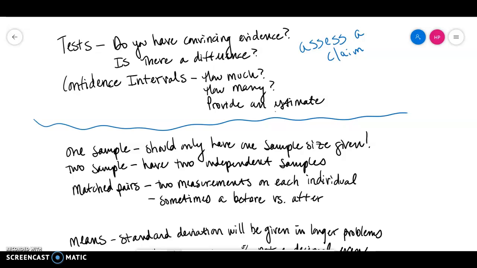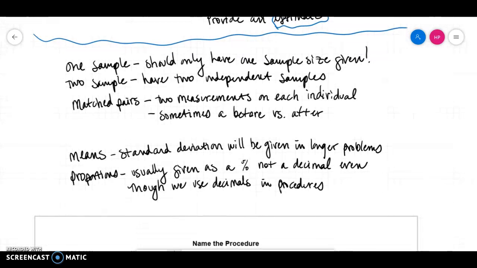which I already have written right here. So to provide an estimate. Now we sometimes want to quantify, like how much of a difference is there? How many do we see between these two groups? So that helps us to provide an estimate. So that's the first part. The second part, again, and I feel like this is one of the more obvious ones, is it one sample